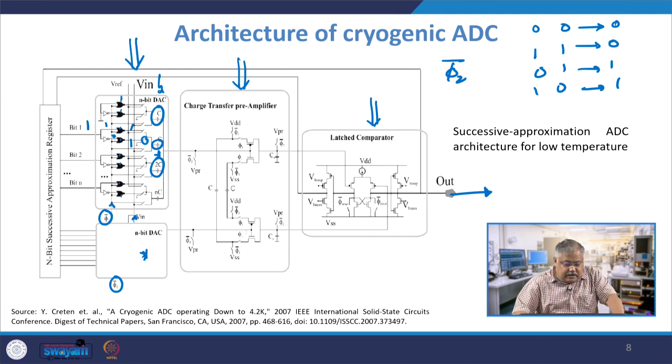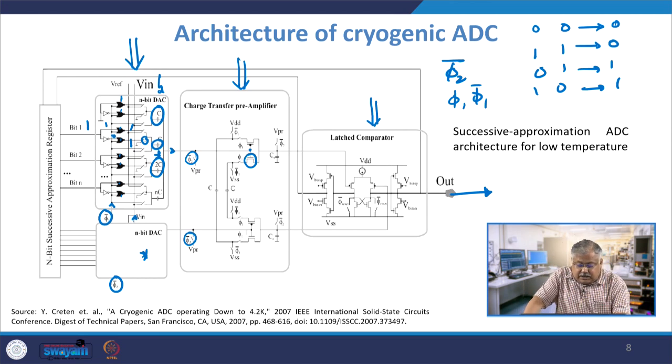Now, let us suppose phi 2 bar is high, and then this and this are closed. When these are closed, the total voltage developed here reaches this transmission gate in a sense. If this is high, then this transistor, NMOS, switches on, and phi 1 and phi 1 bar are mutually exclusive switches. So, if phi 1 is high, then this switches on,